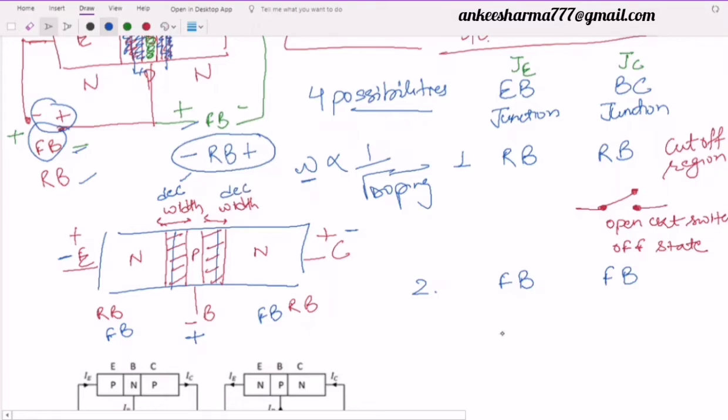Due to that, what is going to happen? This N-type semiconductor is giving me the electrons, the majority carriers. Now if I increase this forward biasing, definitely a point will come when the electrons will cross this junction and they will recombine with the holes of the P. For example, I will take here that 100 electrons are going from here. I will assume that 5 electrons will combine with the holes and I will be left with only 95 electrons.